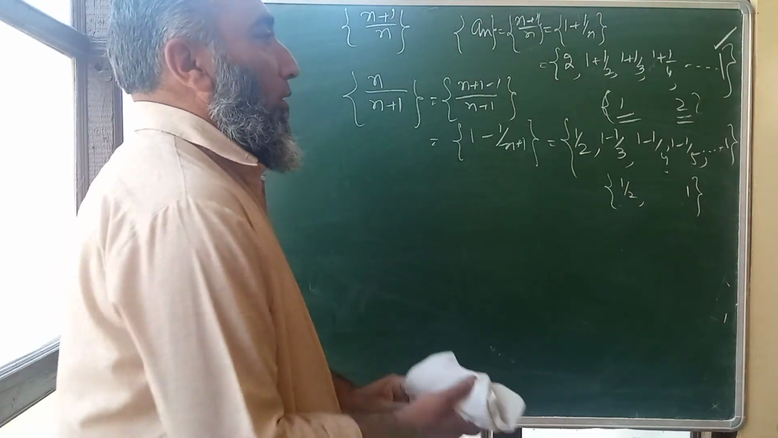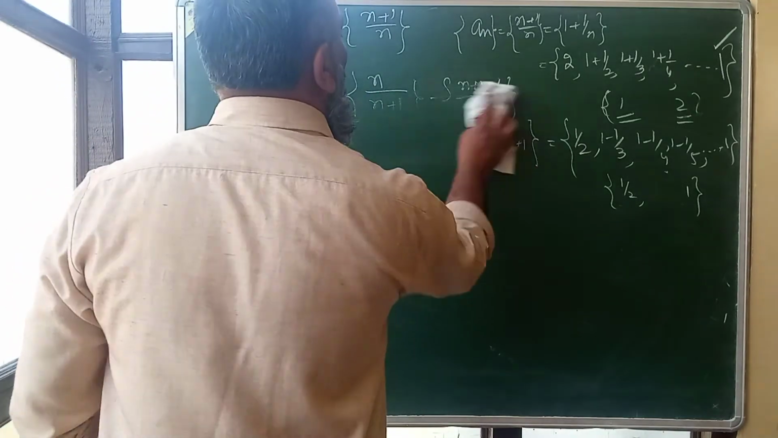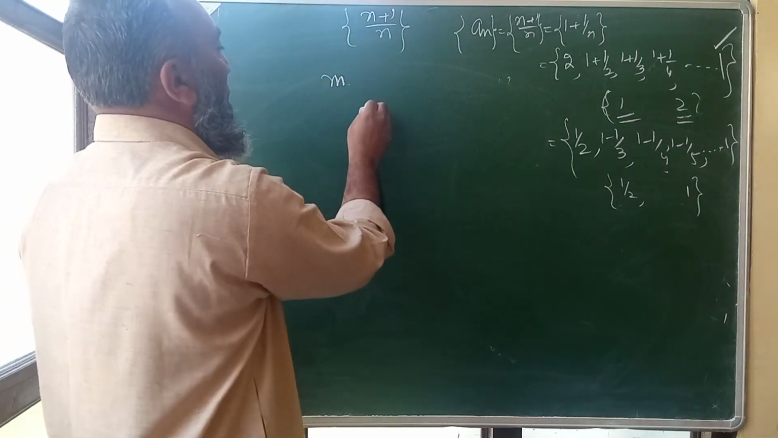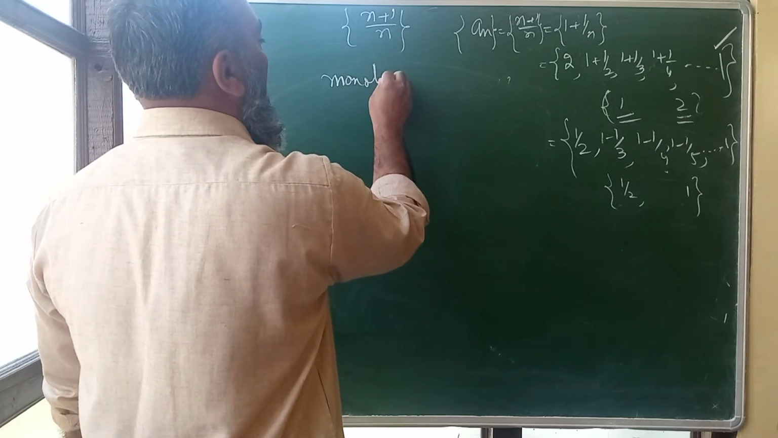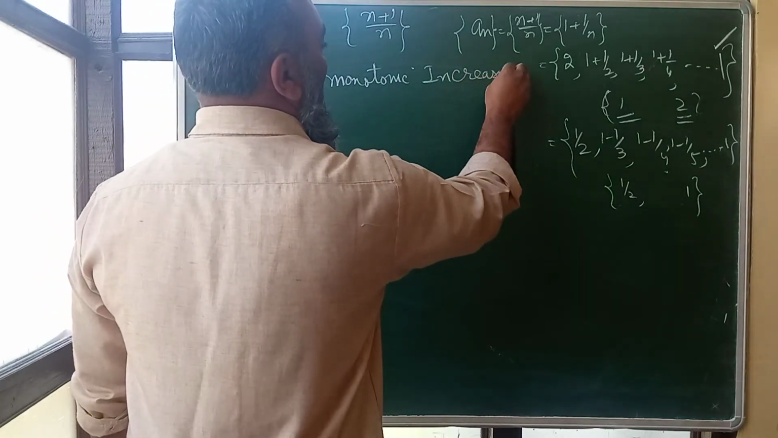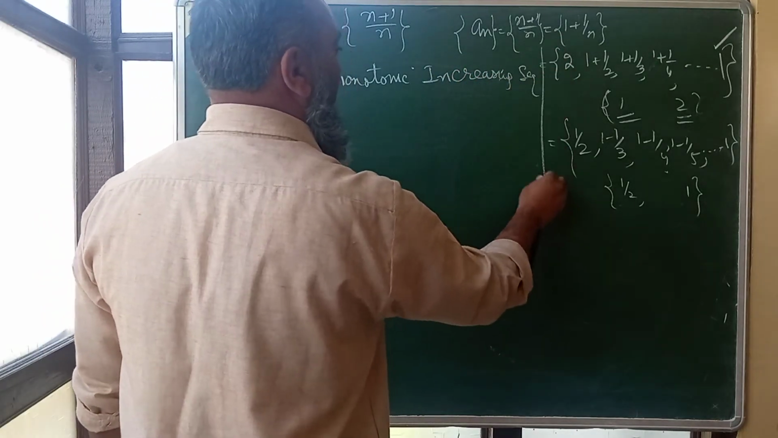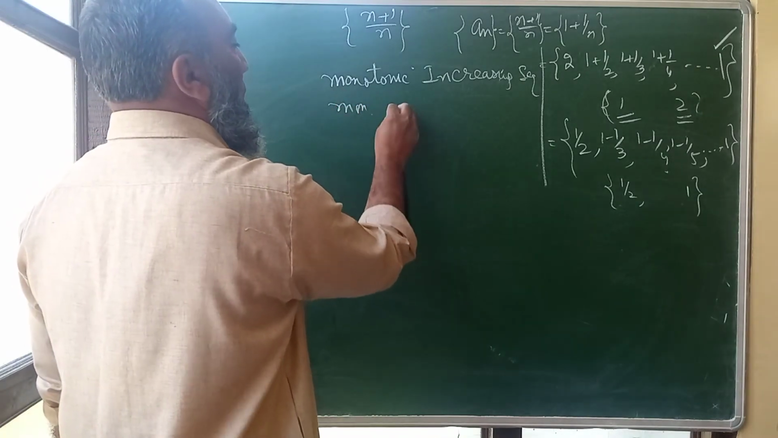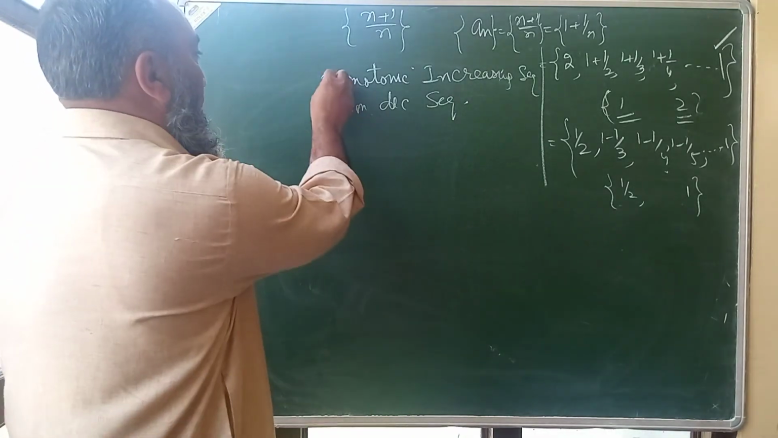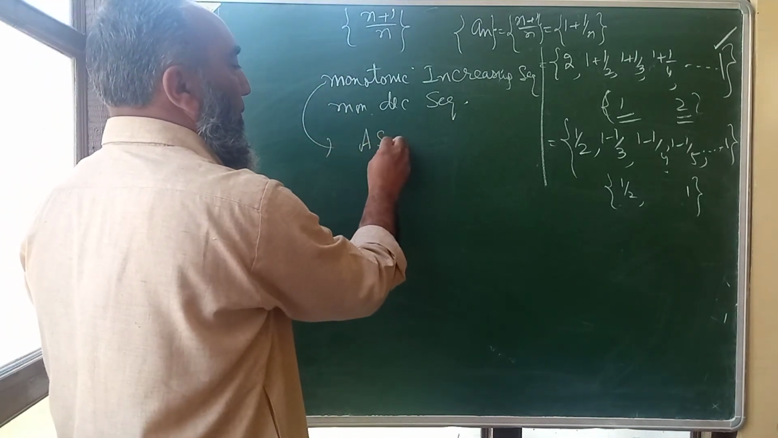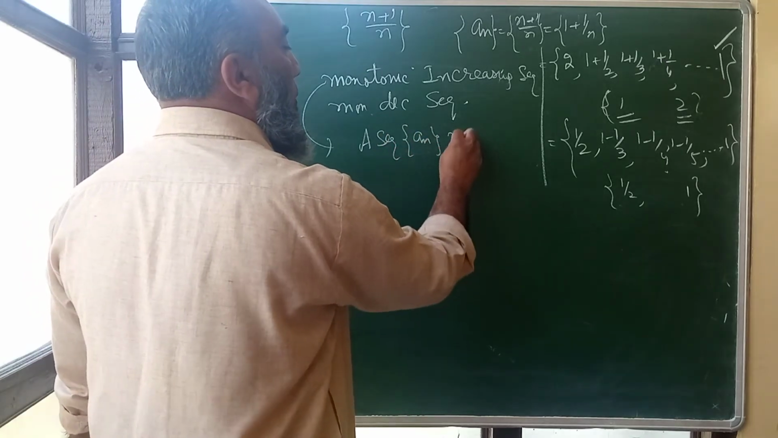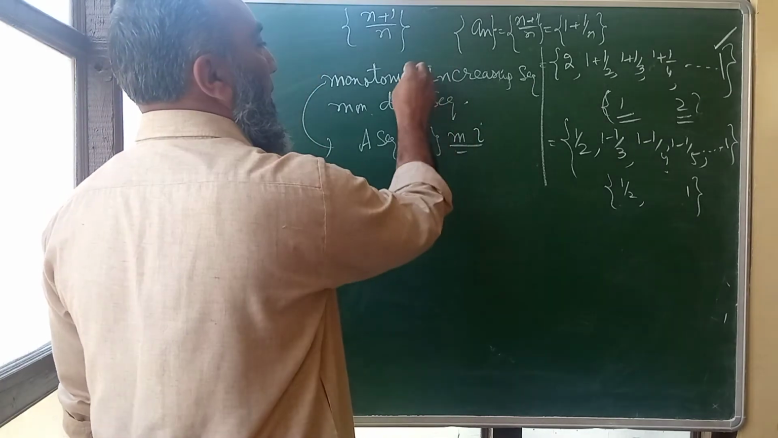Now I have one more thing to say: monotonic increasing sequence and monotonic decreasing sequence. Monotonic increasing sequence. A sequence an is said to be monotonic increasing, MI, monotonic increasing,